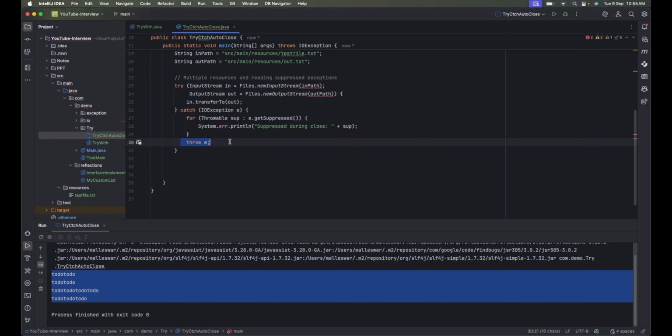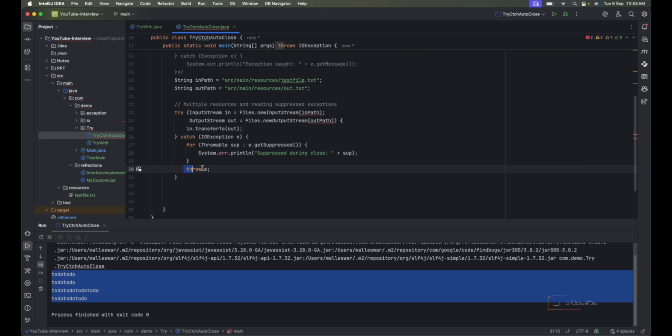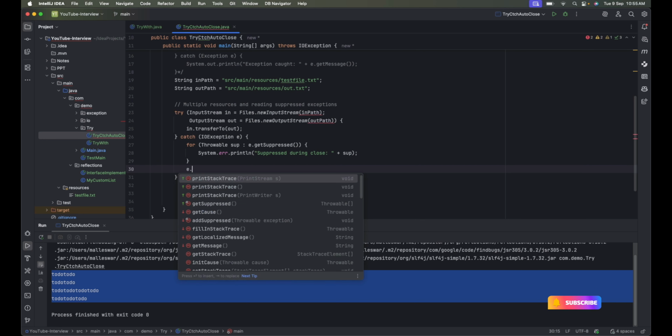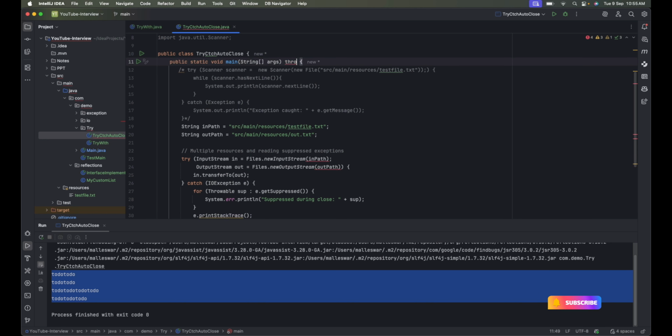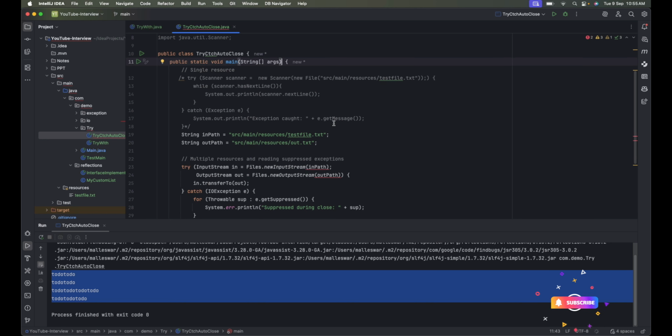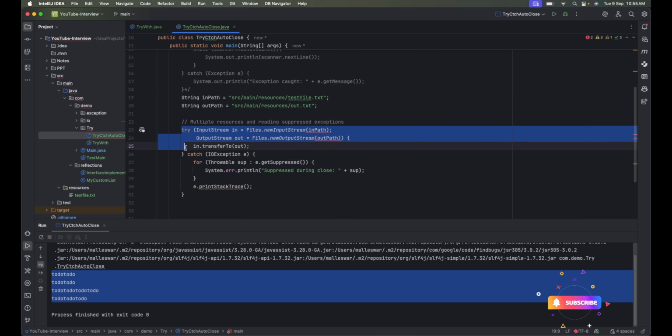Here an exception is coming, and that is why it will be caught here. Okay, no need for this one. We can print it with e.printStackTrace(). It will be done. No need to write anything else here. Like you can see, it throws the exception here. No issue. Okay, in this situation, in these two lines, what I have written here